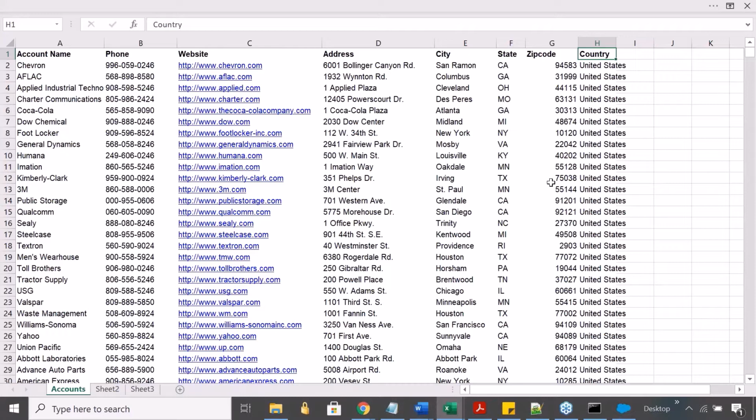So there is nothing called country only. That's fine actually, there's no problem with that. You can either update these column names to match exactly with your Salesforce field names, or you can simply keep whatever it is here.